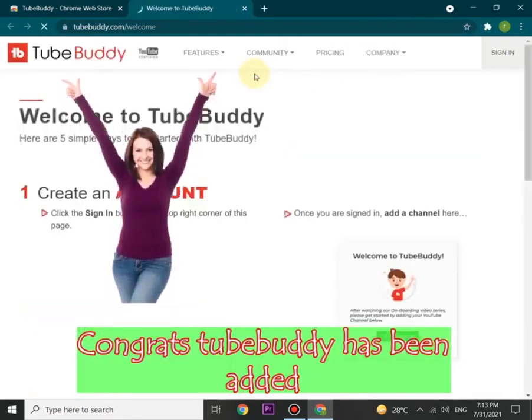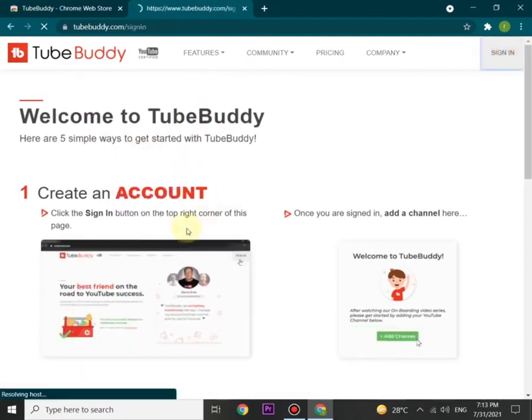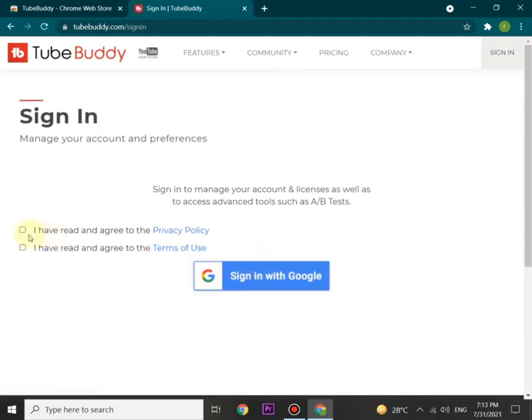Congrats! TubeBuddy has been added. It will then start showing you to create an account. You can just click on the terms and conditions and sign in with your Google account.